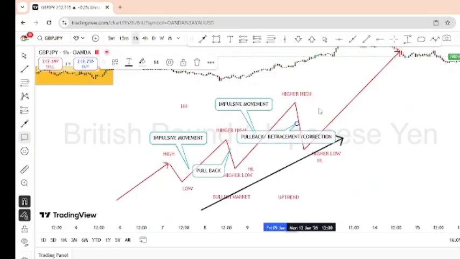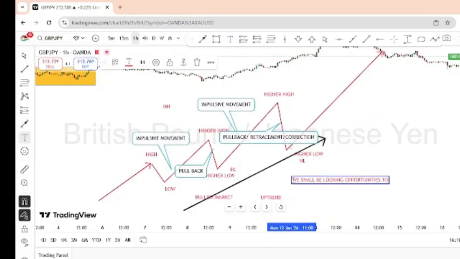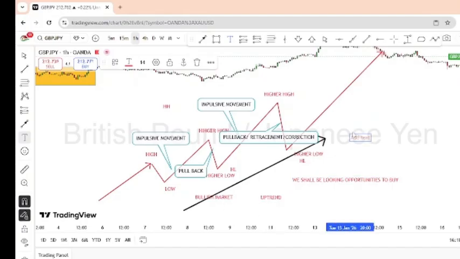And so we are looking at this kind of trade now. Since it's an uptrend, we will be looking for opportunities to buy. The reason I'm establishing this again and again is because if you cannot identify the trend of the